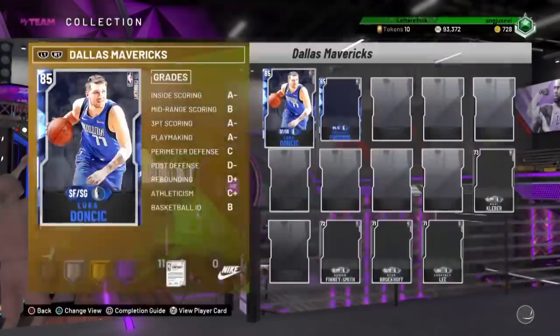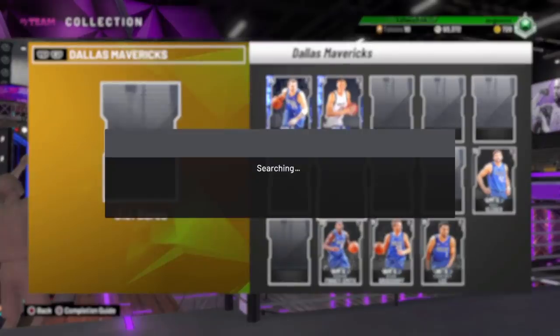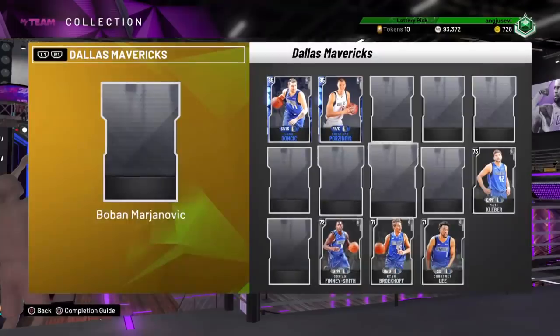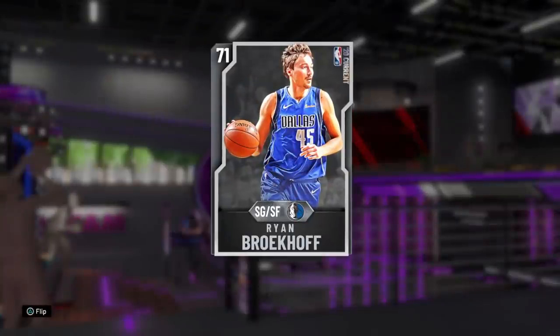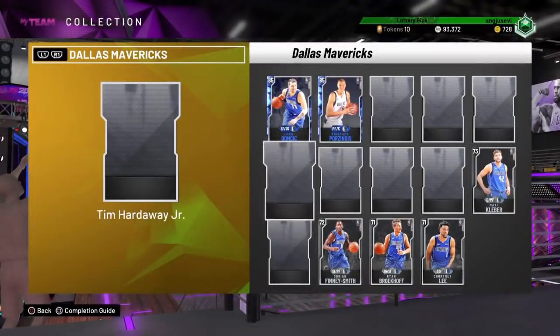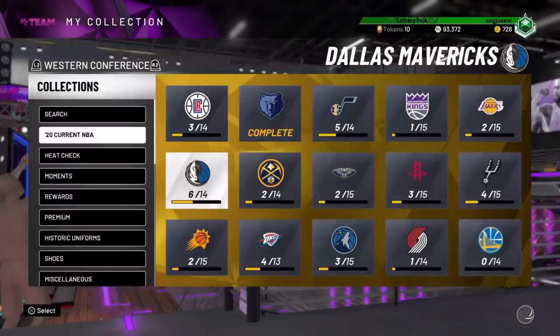Lakers, not really that expensive. Mavericks are decently expensive, especially like Boban. There's JJ Barea, of course. These guys don't go for too much though. They are still expensive. These guys right here, Dorian Finney-Smith, Ryan Broekhoff, those guys go for a little bit more. Some of these guys up here don't really go for too much. Seth Curry, pretty cheap as well. But again, if you can find him for 2,000, of course you want to scoop up any silver